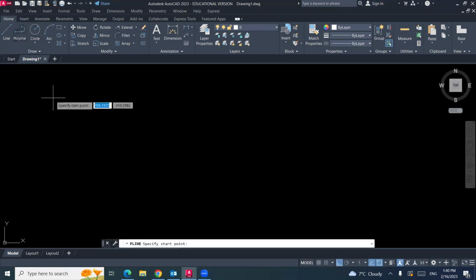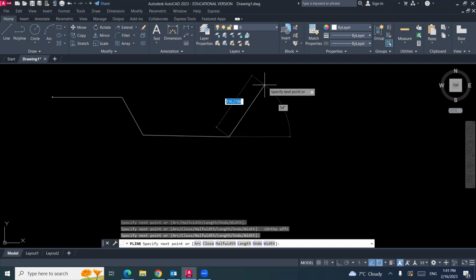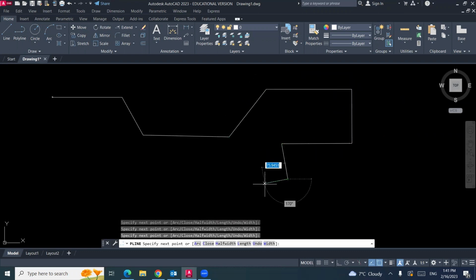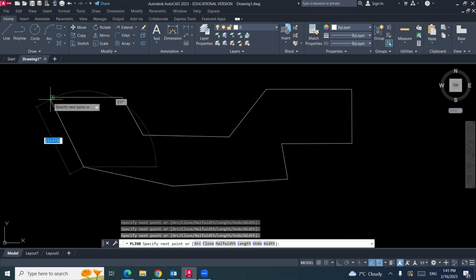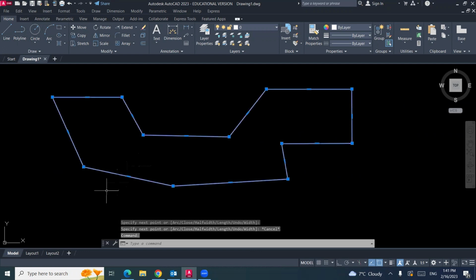If you have polyline and you draw something like this, different lines, all of these lines will create one object because they are drawn using polyline.